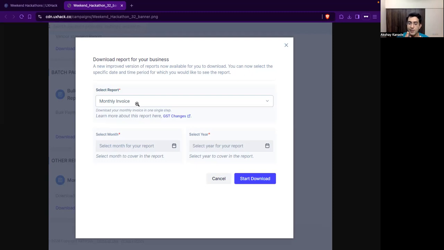For us, what matters for this challenge is the invoice for the month, right? So this is a regular activity that a person has to do. At the company, especially if it's a startup, it's a hassle if you have to go and select a month, select a year every single time. The idea was, and we kind of gave it away, that you should have nudges to make life easier